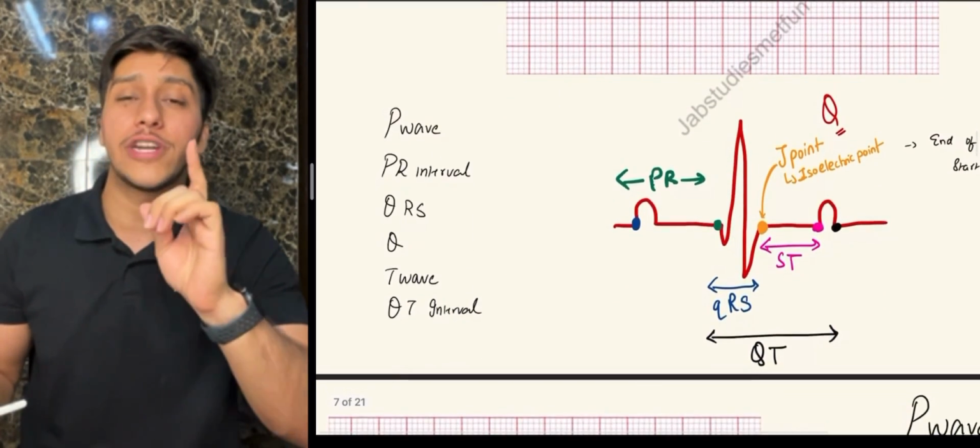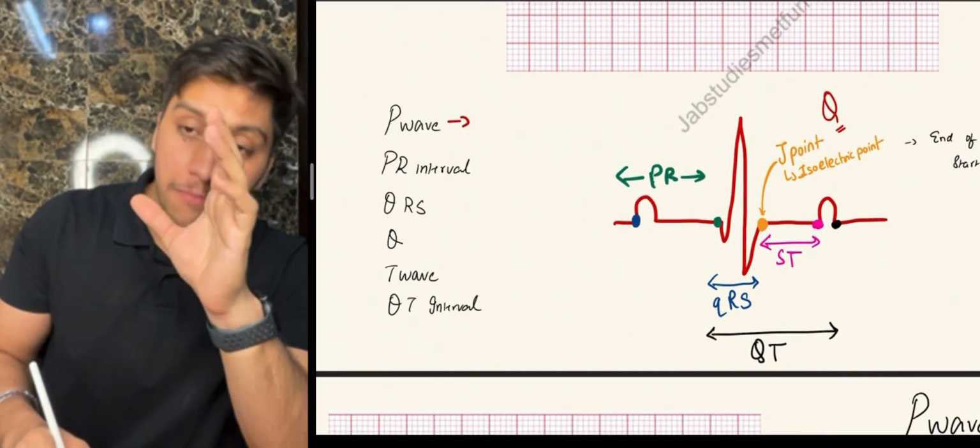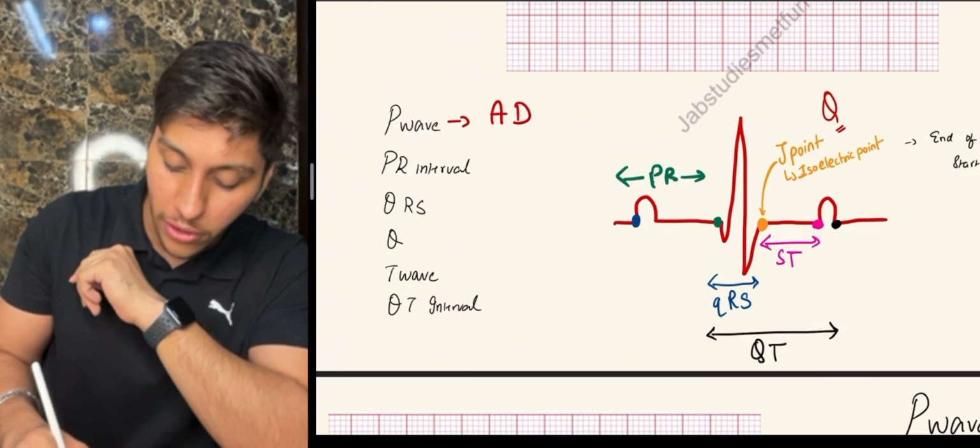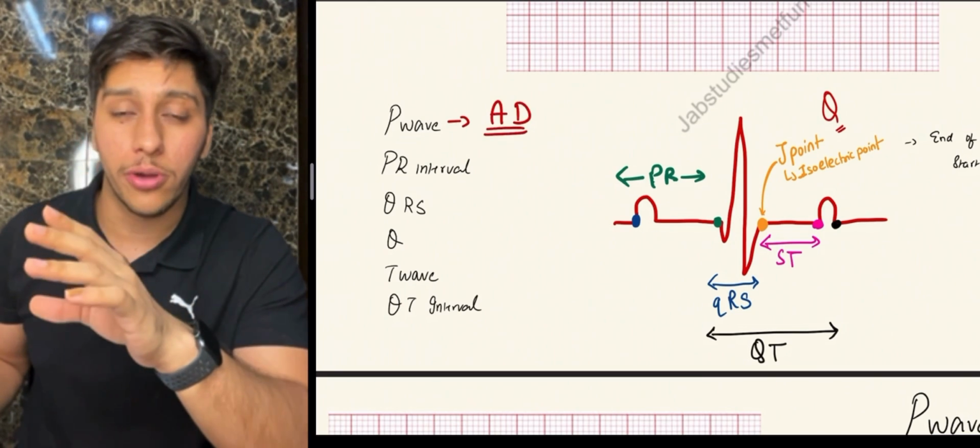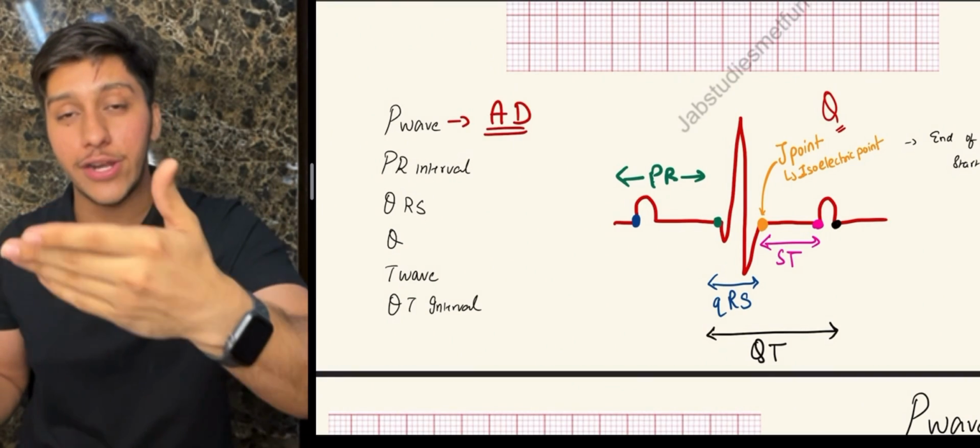Okay, first thing you need to know, what is the P wave? P wave, guys, is basically your atrial depolarization. Okay, not autosomal dominant. If you're just watching the notes and not the videos, then you'll think P wave